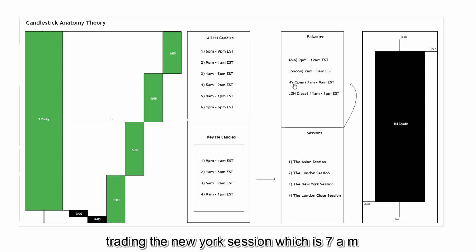So if we're trading the New York session, which is the 7 a.m. to 9 a.m. kill zone, this is the opportunity we want to be looking for trades. And the New York session is the 5 a.m. to 9 a.m. EST 4-hour candlestick. So as we can see here, if we're trading the New York session open, we want to be focusing on the specific time between 7 a.m. to 9 a.m. relative to the New York session, which is the 5 a.m. to 9 a.m. EST candlestick. So instead of focusing on the entire daily range, let's focus on the specific 4-hour expansion relative to that New